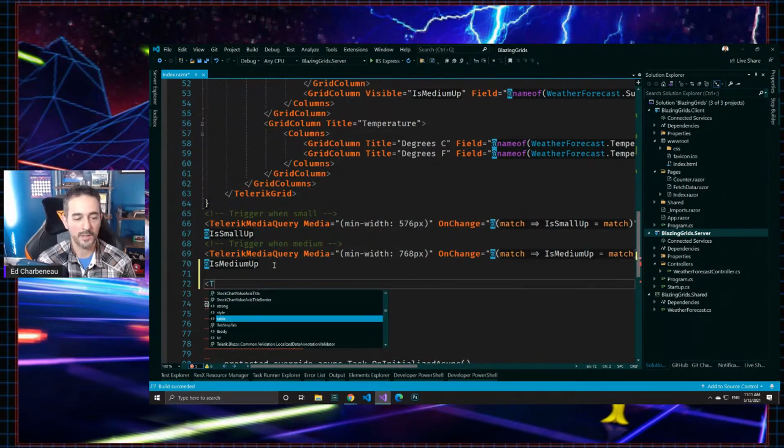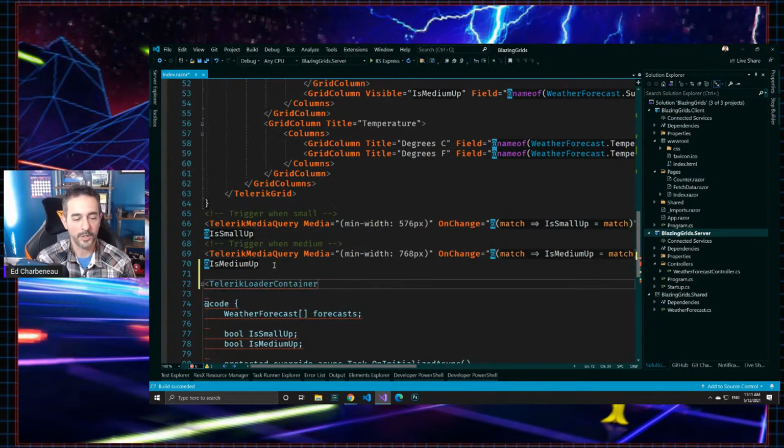We can have a Telerik loader container, and we need to set this to have a visible value. So we'll have a loader visible on this page. And the easiest way to do this, there's better ways, but the easiest way just to get this out the door would be to say